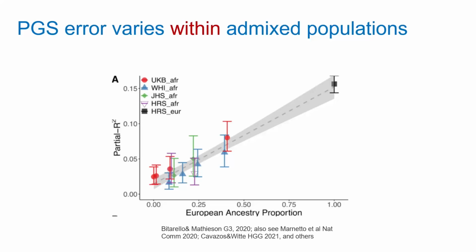And what they plotted here, they looked at multiple African American or African, some of them are African American, but some of them are African European admixed individuals from UK Biobank. And they plotted here on the x-axis the average European ancestry proportion. So higher on the right, lower on the left. And you see how individuals that have less and less European ancestry in their genome, which will be on the left side, have lower and lower accuracy in the polygenic risk score. Right? So you see how this effect is not just population-wide, but it's from individual to individual. Individuals that have more African ancestry have less accuracy.